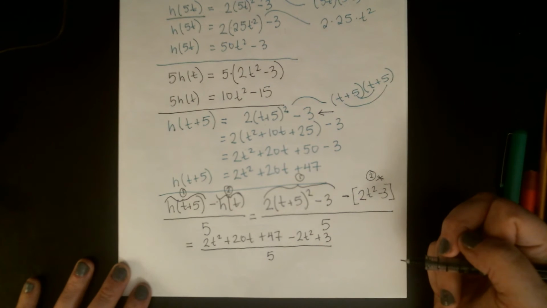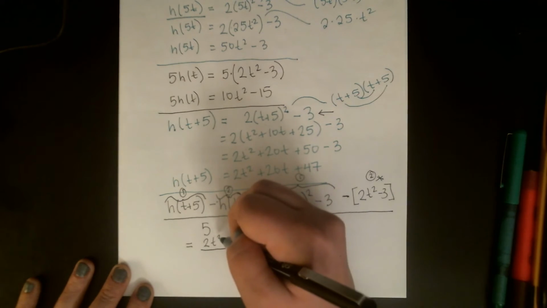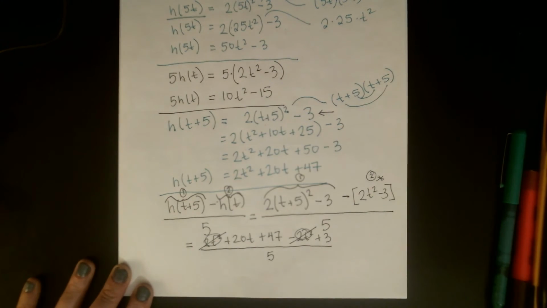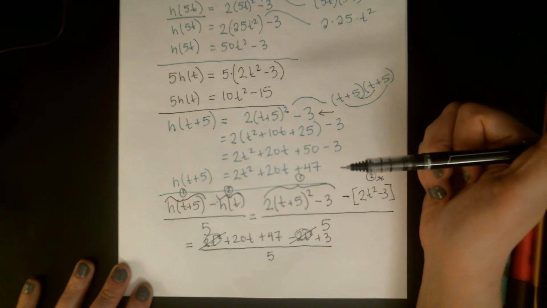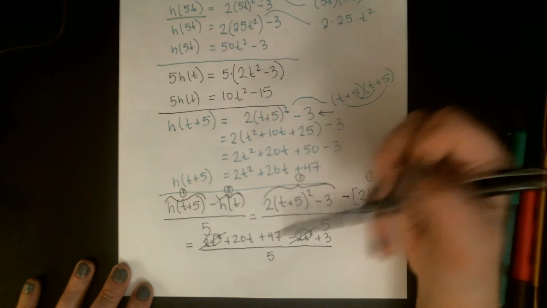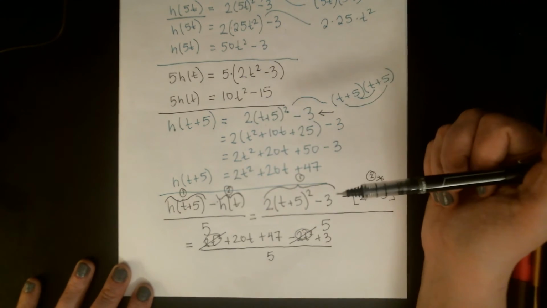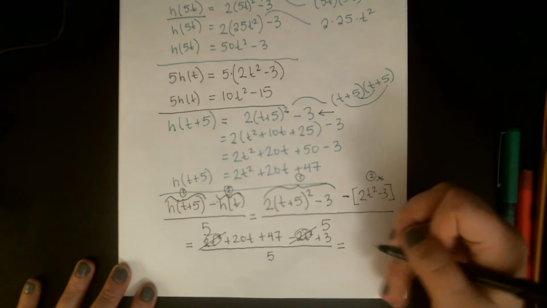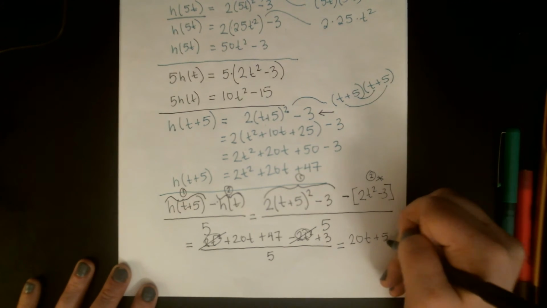I can start to combine a little now that I've dealt with all the mess in parentheses. I'm seeing that the 2t squareds will wipe each other out. I'm going to try and be really clear here. This is additive cancellation. So a 2t squared minus a 2t squared is 0. So I can just wipe those out. Not to be confused with canceling out something from the fraction by dividing. So those are gone, but I want to be really clear in what way they're gone. I see that I'm left with a 20t plus a 50,